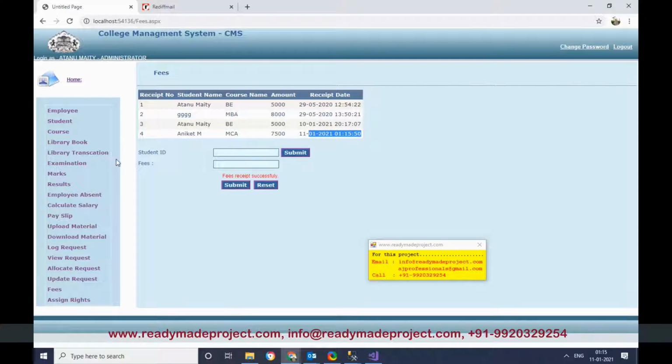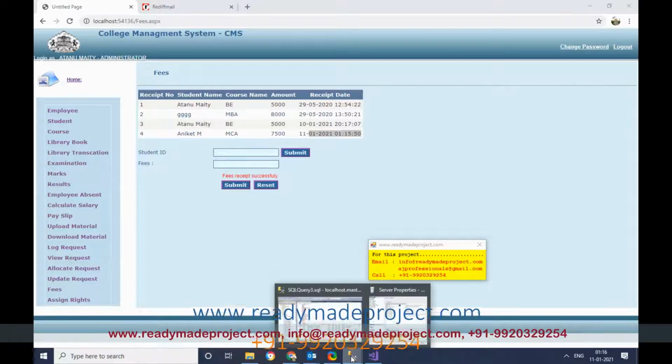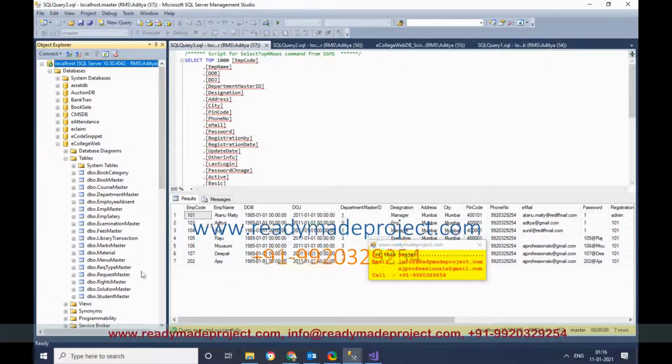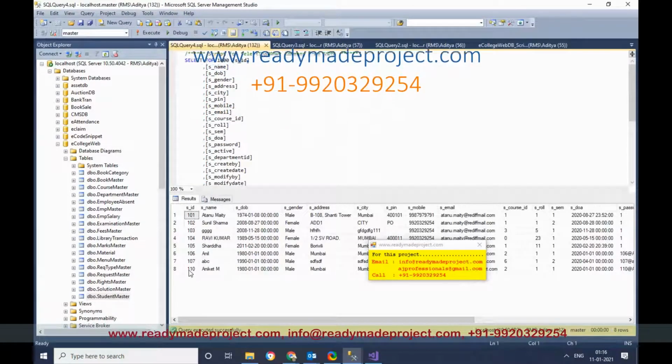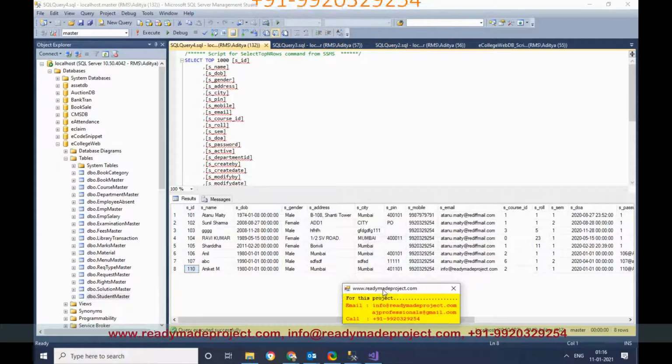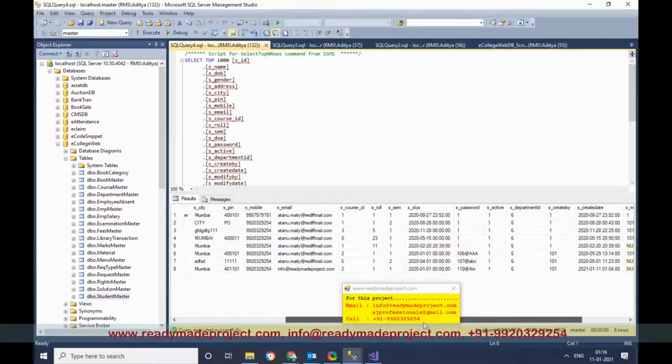Now I will log in as a new student. I have created a new student, so I'll just check his user ID and password. I have created this one, 110 Aniket M. By default the password comes like this: 110 at the rate on. First is the employee code, then at the rate, then the first three letters of that particular student's name.